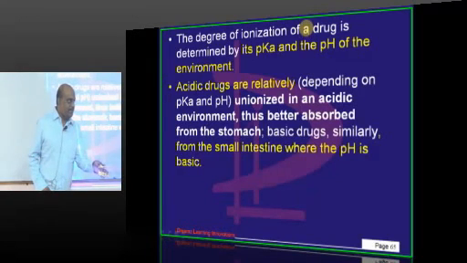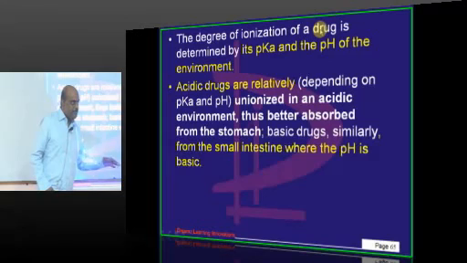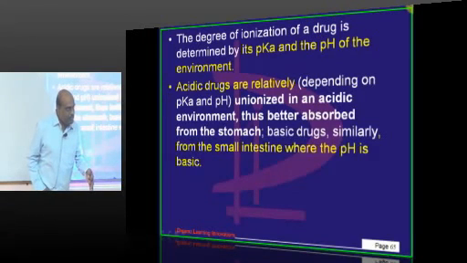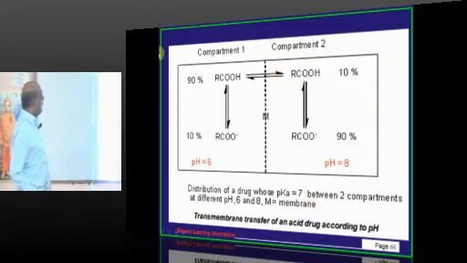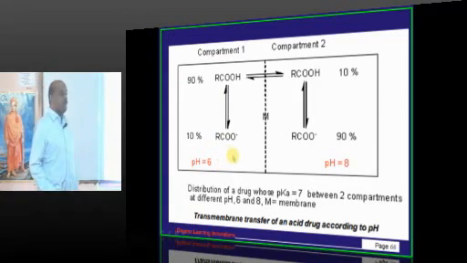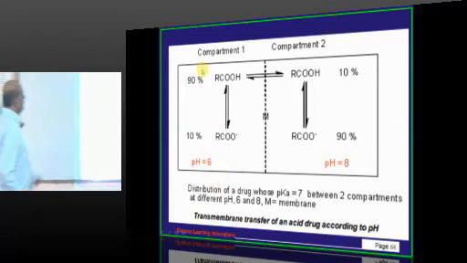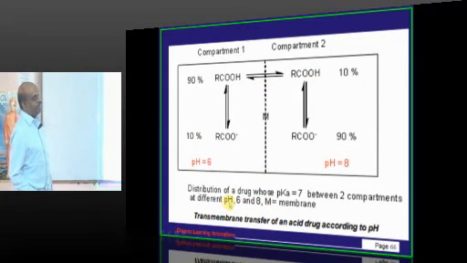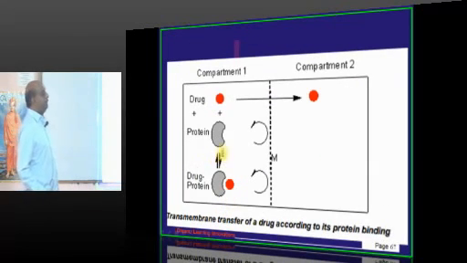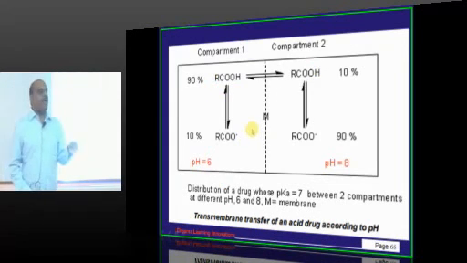when they go to the small intestine, they are non-ionized. When they are in the stomach, they are all ionized. When they are ionized, they cannot be absorbed. But when they are non-ionized, when they go to the intestine, alkaline drugs I am talking about, then they can cross the plasma membrane. That is what needs to be basically remembered. So, doctor, for any drug to cross, what is the determining factor? Polarity. Non-polarity is an important condition required for a drug to cross the